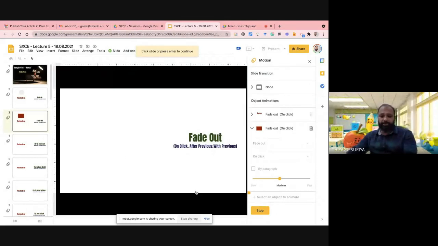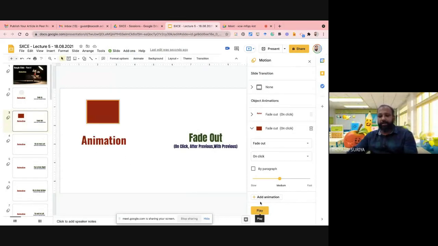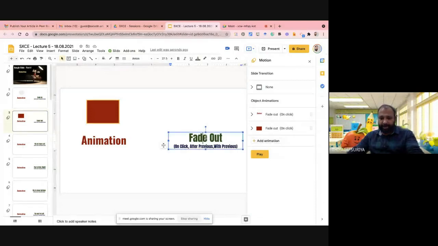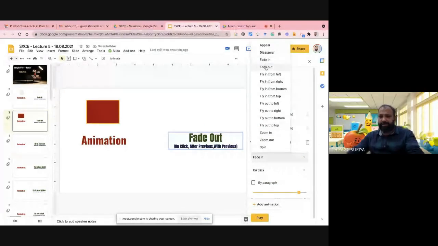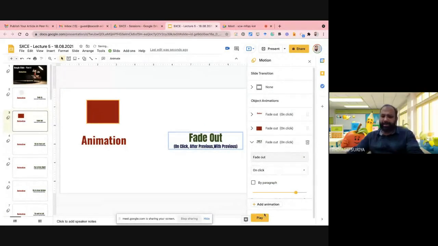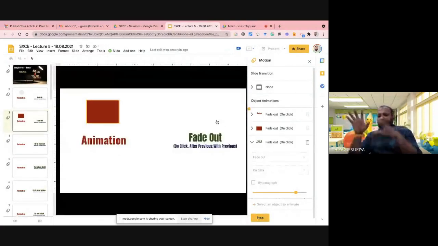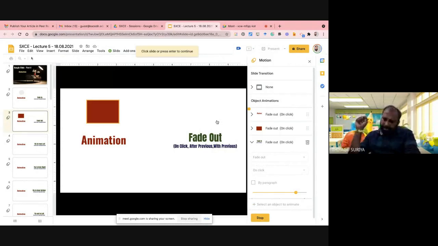Similarly, I'd like to do the same once again for the percentage. Now I'd like to give the fade out animation to it also. I'm giving the same options here, On Click. Let me play it. You can see the view. The first time, everything is visible. Now I'd like to close these animations. The word is now over.